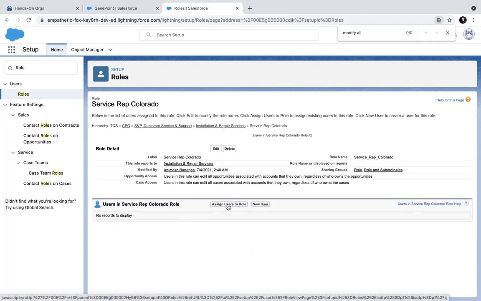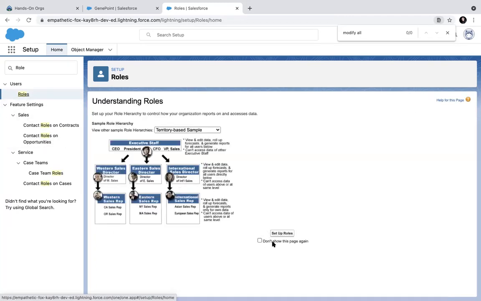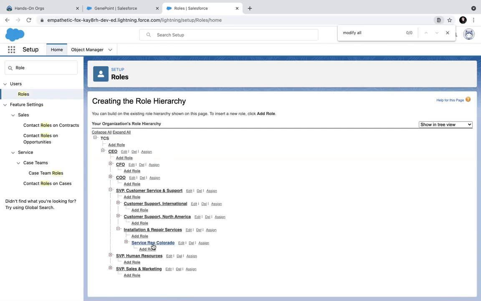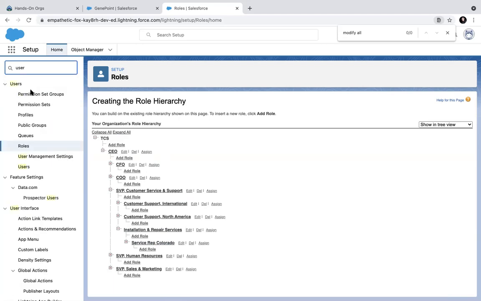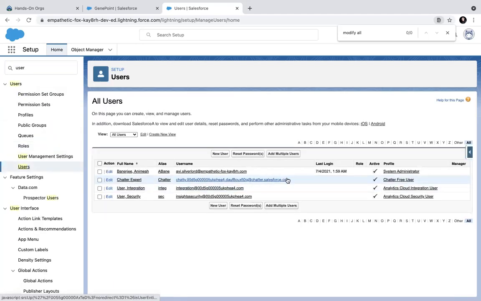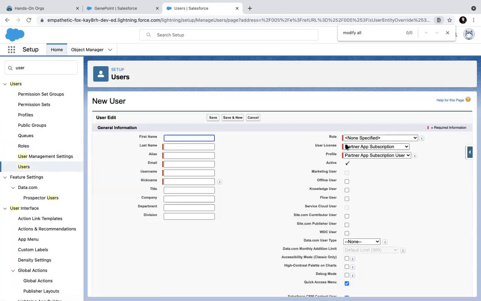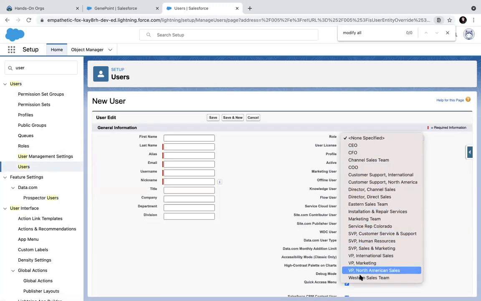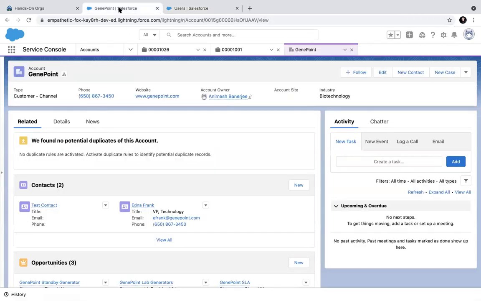Then you can assign users to this role. So now you will see it under service rep Colorado. Any user, when you are creating them, you can give this role. All the roles are available. Now let's see one by one.